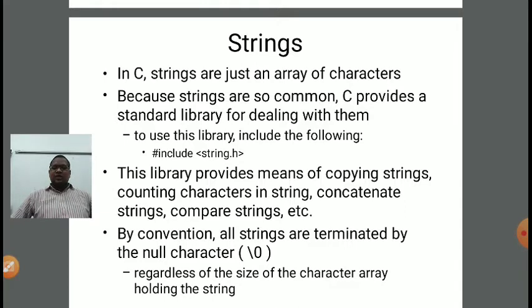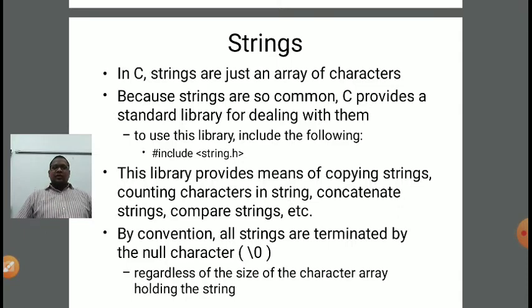After the name of the string, in square brackets we define the size of the string, which indicates the number of characters that will reside in it. Now in strings there are various inbuilt, predefined functions. In order to use all those inbuilt functions, we need to include a special header file, string.h, because it contains all the inbuilt functions.